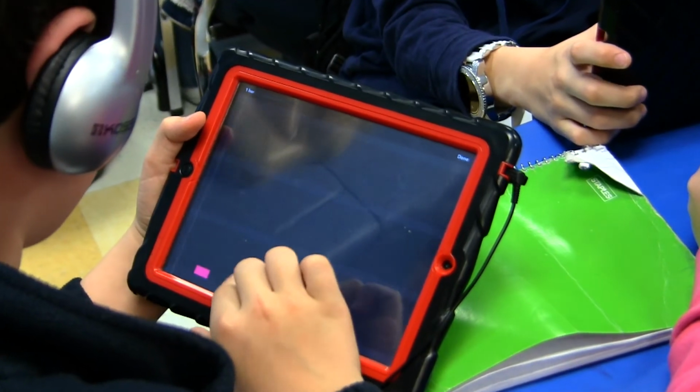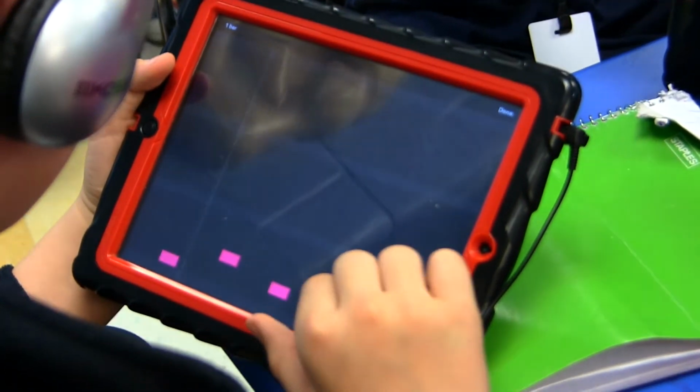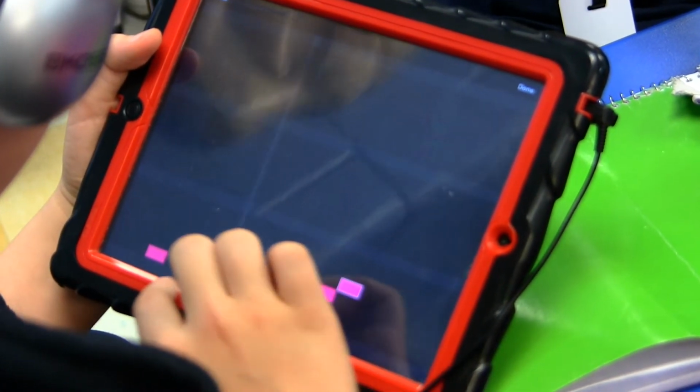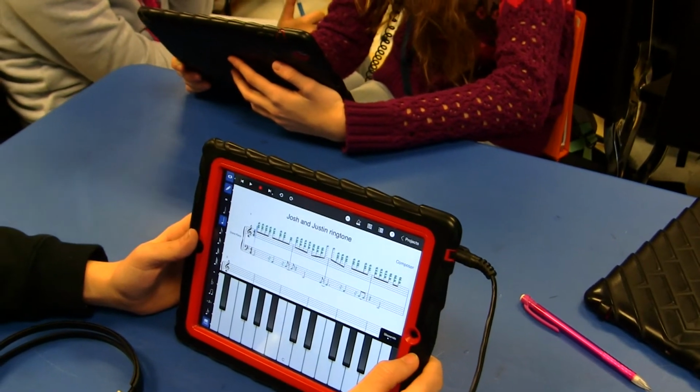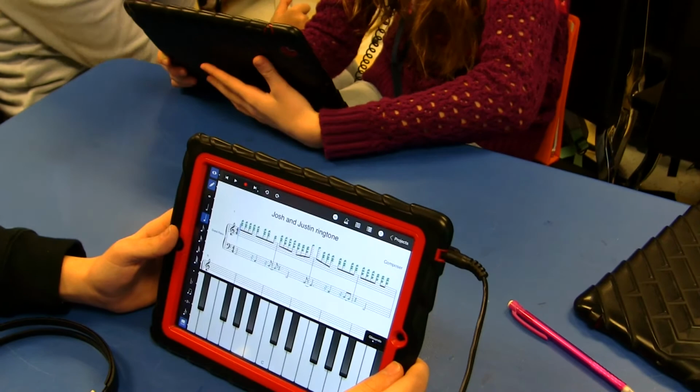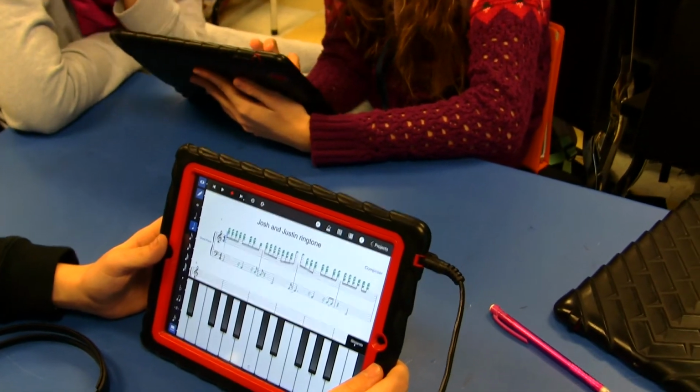I had them compose a ringtone. Every student now, almost every student now has a phone, and a ringtone is kind of part of them, part of their identity now. So that was the first aspect. And then I had them take adjectives that describe themselves, and they had to compose based on those 2 adjectives. So their ringtone was based on 2 adjectives that they thought represented them.